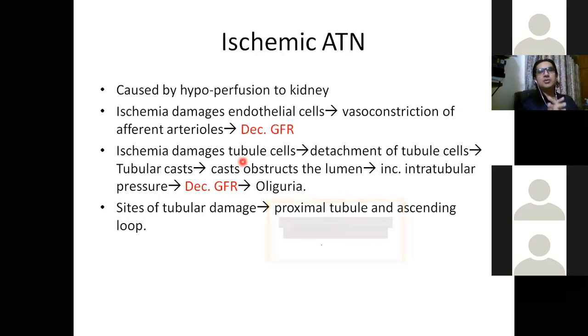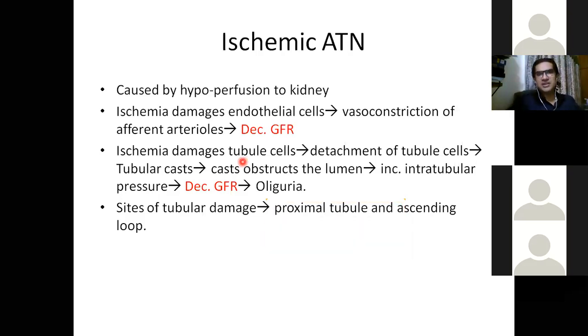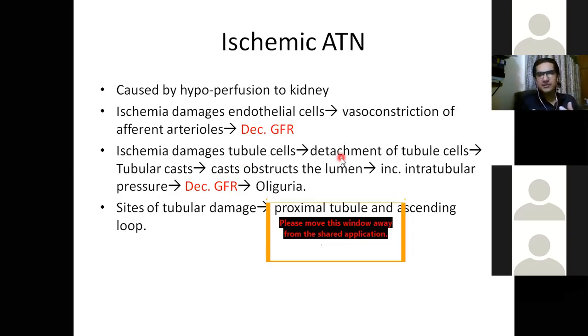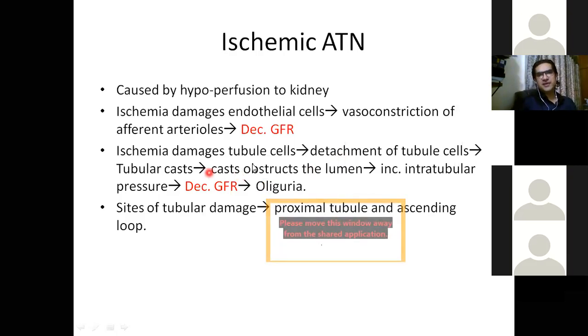And I have already told you that whenever there is an abnormal thing in the lumen of the tubule, the tubular epithelial cells absorb that abnormal thing and make a mold of it, right? And that mold is called a cast. And then that cast is shed into the lumen, right? Now these casts obstruct the lumen of the tubules, and it decreases the flow of the fluid in the tubules, and it ultimately leads to decreased GFR, and it ultimately leads to oliguria,